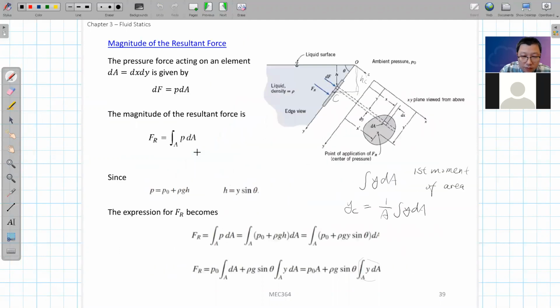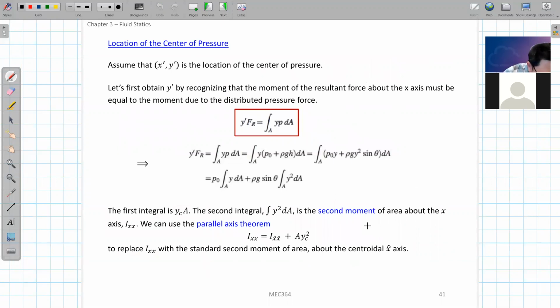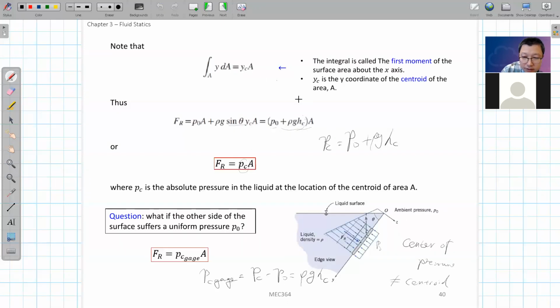Okay. Now we try to find what this center of pressure will be. We know the magnitude, FR. Now we want to know the location of this FR. So how do we determine the point of application? From our solid statics, we know that the point of application is determined by the moment balance, right? So basically, if we have a parallel pressure force working on this area,